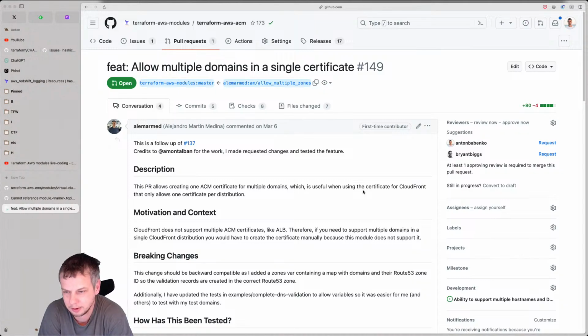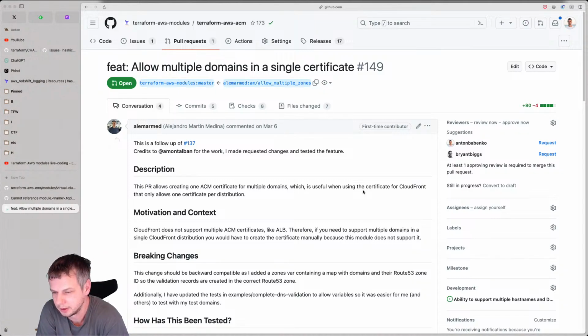This change should be backward compatible. As I added a zone var containing a map with domains and then Route 53 zone ID, so the validation records are created in the correct Route 53 zone.